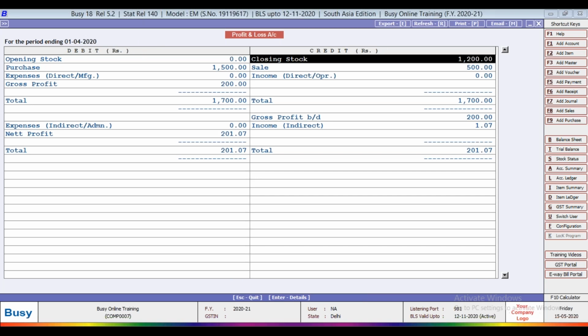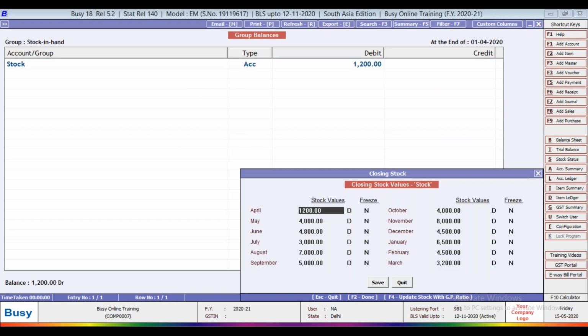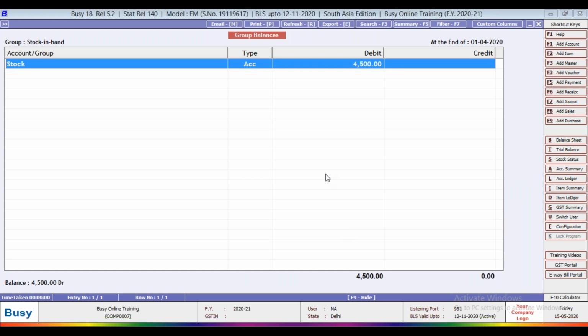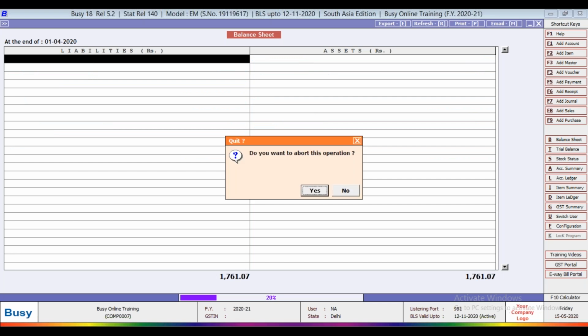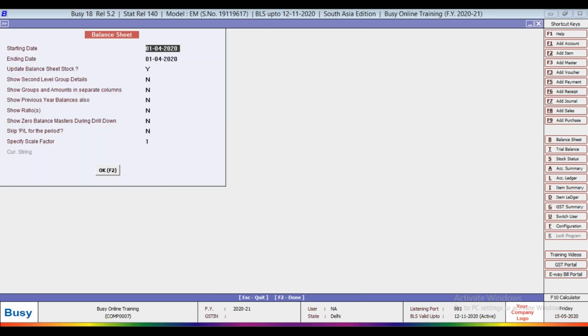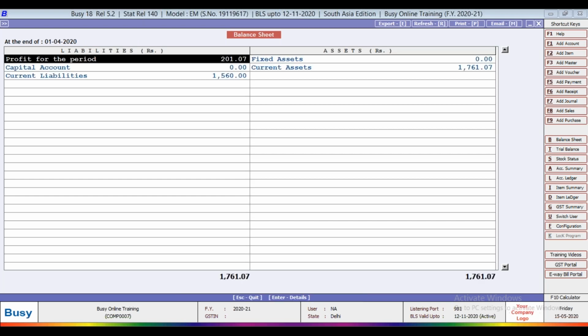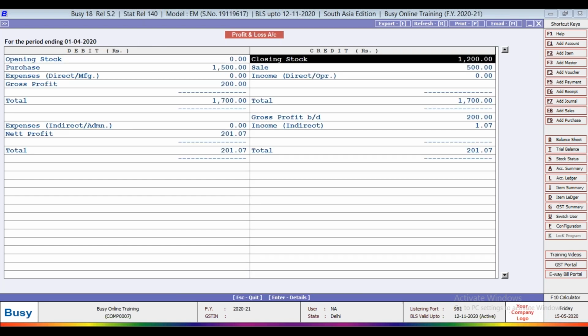Suppose you have changed your closing stock balance to 4500 in April month, and in March month you have defined your closing balance as 7800. Save it. Now April month is showing 4500. When you open it again and enable this option, update balance sheet stock, it will calculate automatically 1200, which you defined earlier.